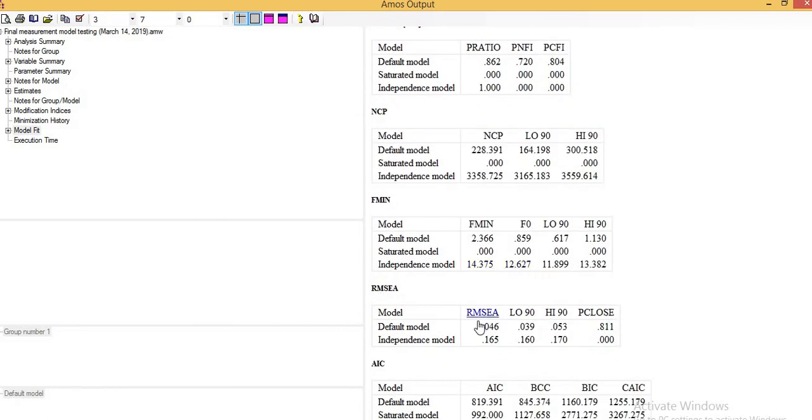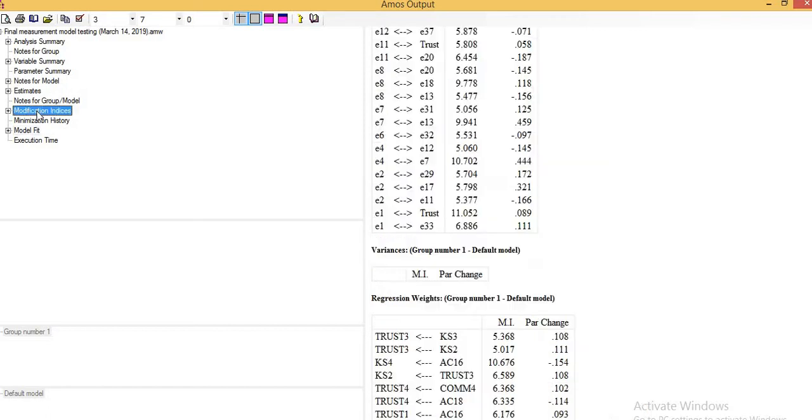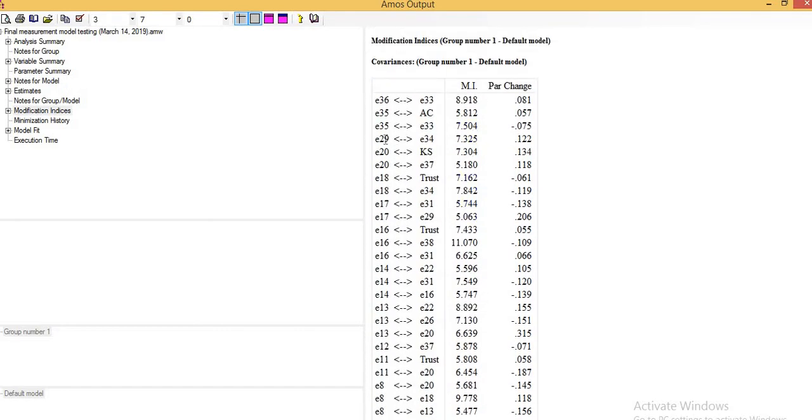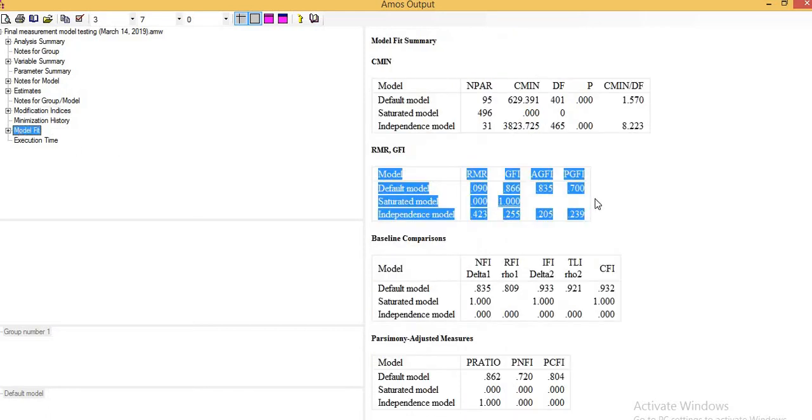This is the RMSEA value, and its value is below 0.05 and it is acceptable. So for model fitness, if you go to the model indices, the AMOS software shows you different relationships among the error terms, and then in the model you can correlate these error terms, and then you can see in the model fitness indices that your model fitness values